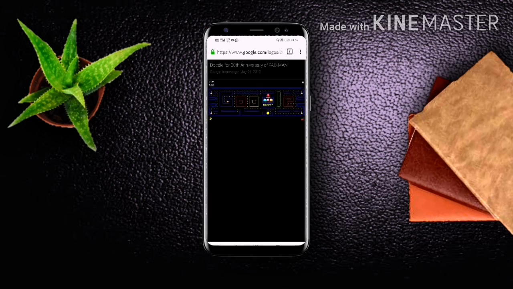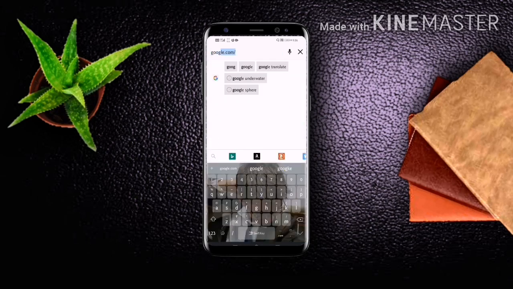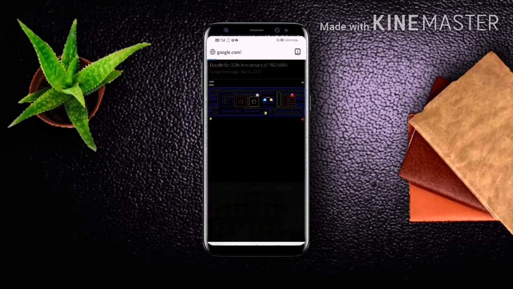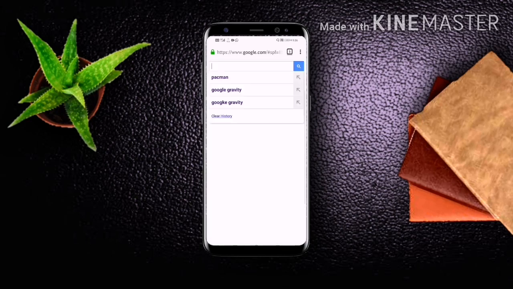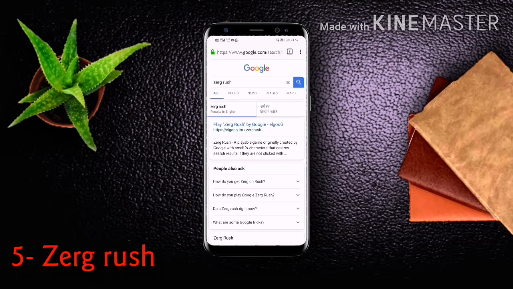Okay, now the fifth one, go to Google and type "Zerg Rush" and search it. This is a Google fun trick. It will make an impression in front of your friends. Just type it and search in the search box, and click on the first one.